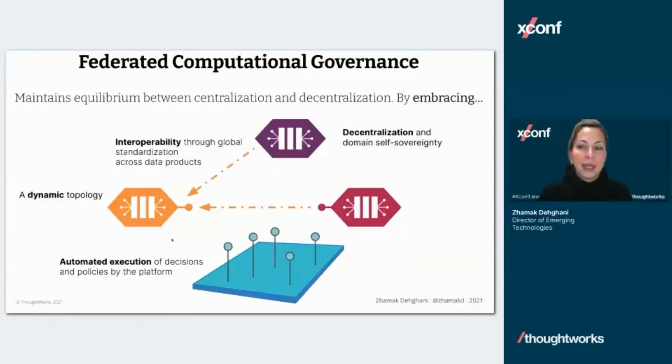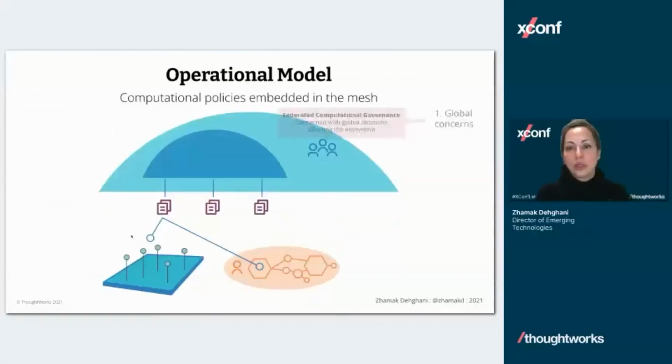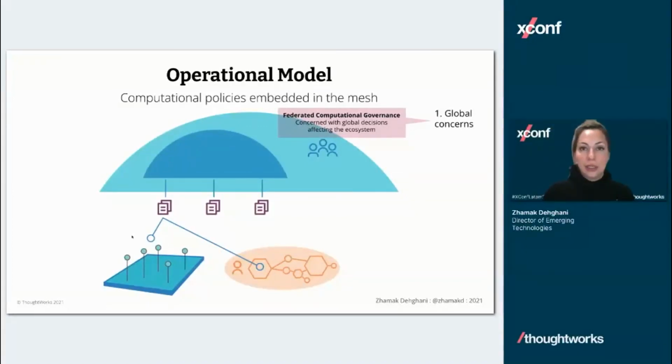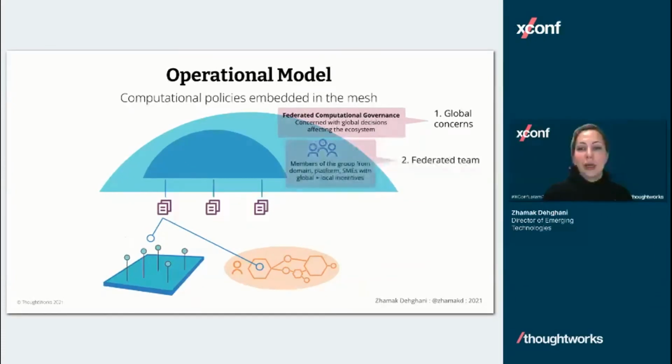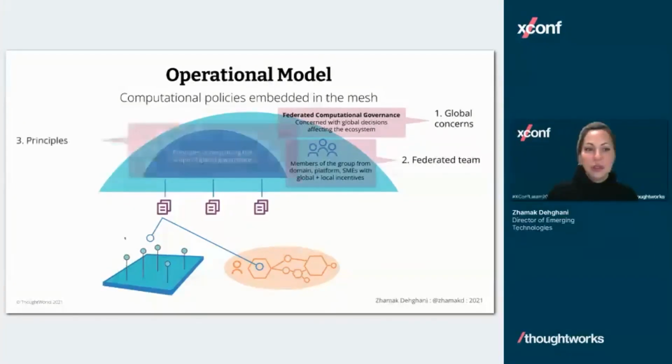So there's an operational model that Data Mesh talks about around bringing domain teams, domain product owners who are accountable for these data products involved as a federated team in making decisions, incentivizing them, both with local incentives in their domains, but also global incentives in terms of the mesh as a whole to operate. Have SMEs, of course, available to that, have a set of principles that guide the decisions they make, and decide what global policies we need to standardize.